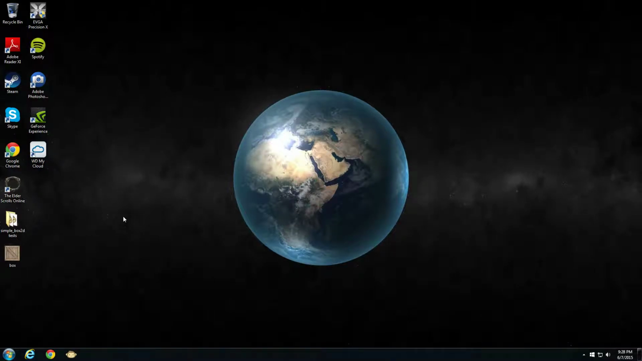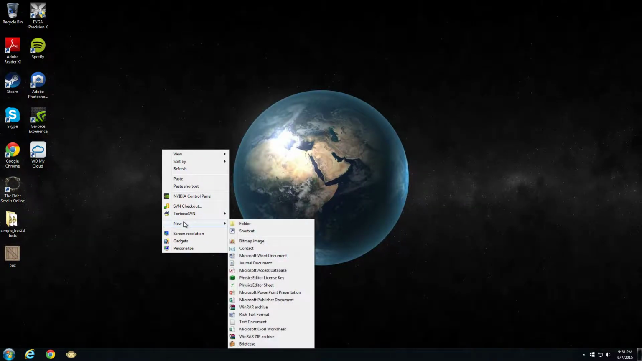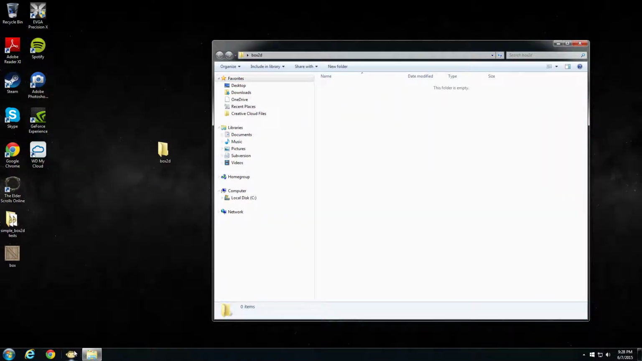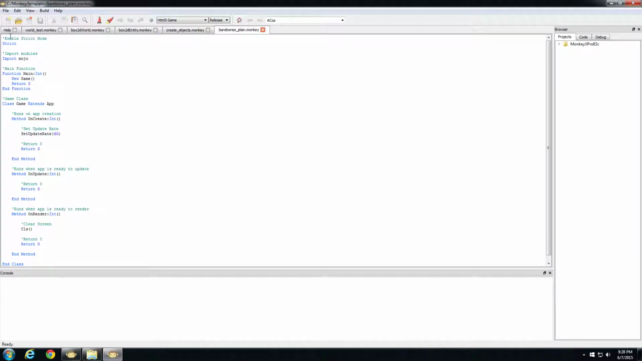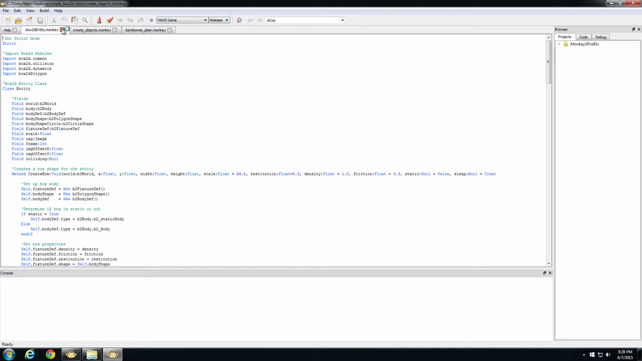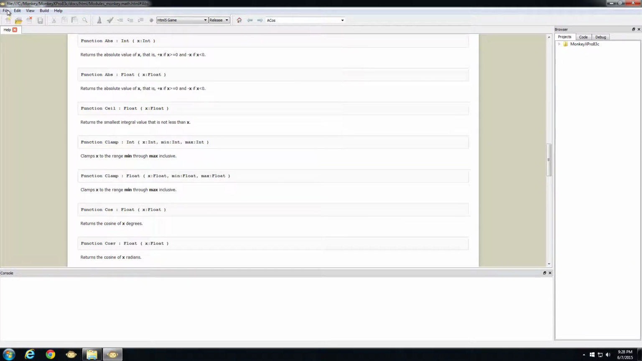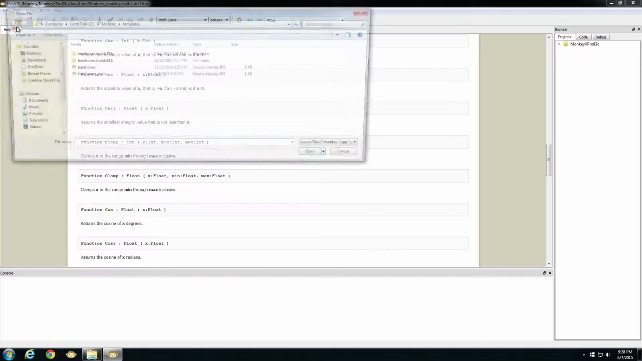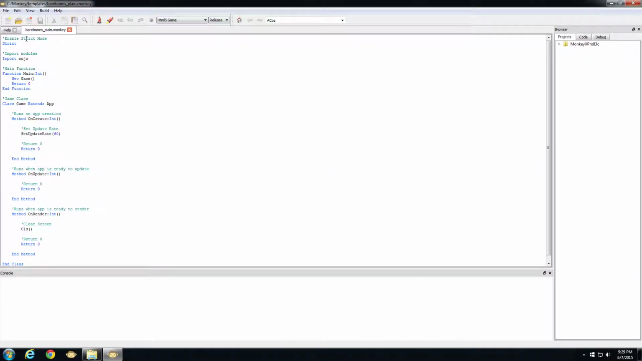Today I'm going to be showing you this SimpleBox2D module I've been working on and how easy it is. It's developed for Monkey here. So first I'm just going to make a quick folder and I'll start a new project here. Let's close all this down. I'll start brand new. First I'm going to open up one of my template files just so I don't have